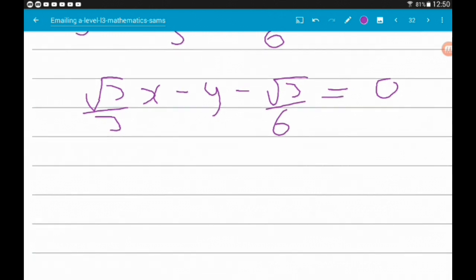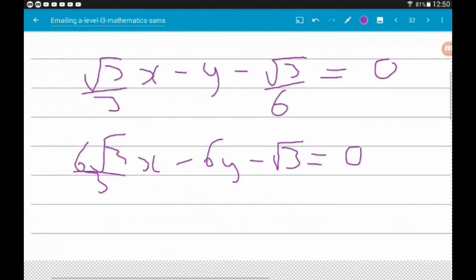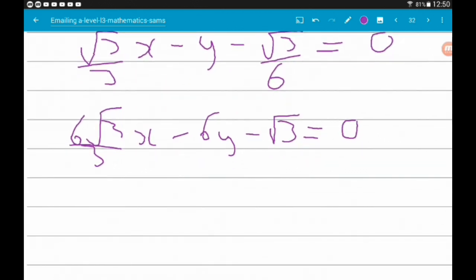So let's multiply through by 6. So that is going to give us 6 root 3 over 3x minus 6y minus root 3 is equal to 0. 6 root 3 over 3x cancels to 2 root 3x minus 6y minus root 3